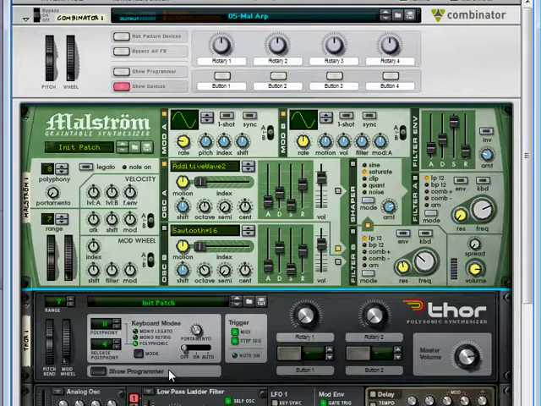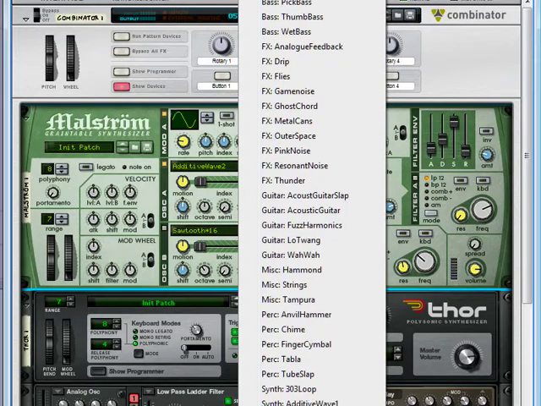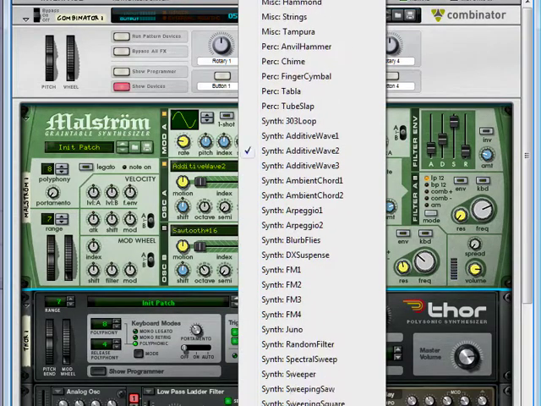So you can add quite a bit of interest to sounds like this by evolving them randomly using Thor step sequencer in conjunction with Malstrom's index parameter. Of course, there's other waveforms or grain tables that you could use as well, and one in particular is a special one